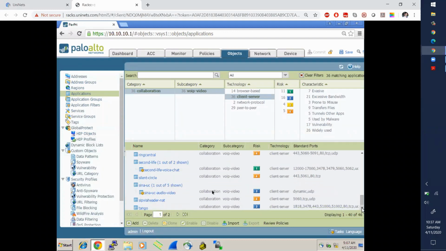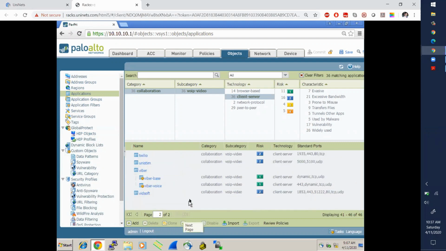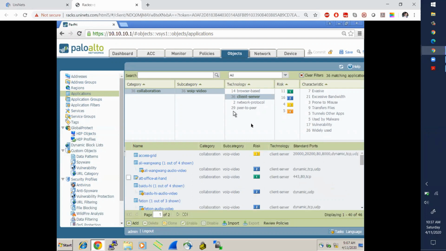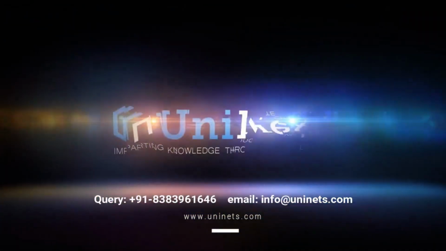These are all the protocols which support it. Then you have Twilio, Unistream, Viber, Vidsoft. These are all the applications which support your voice and video.